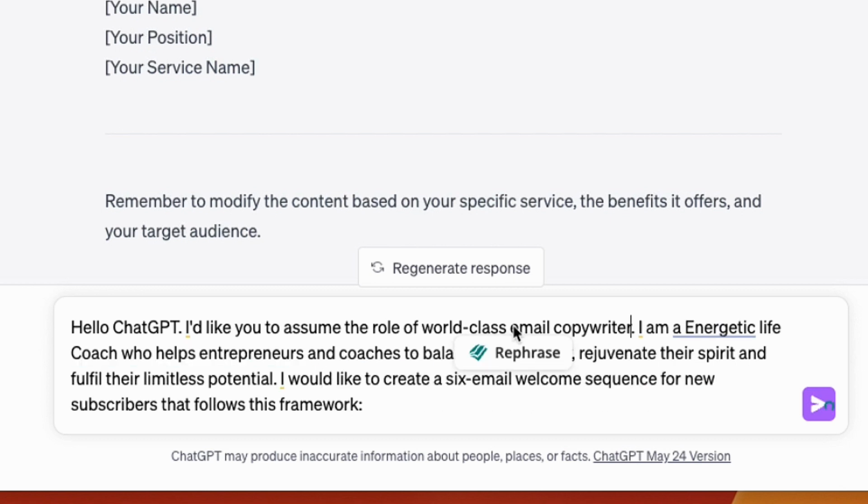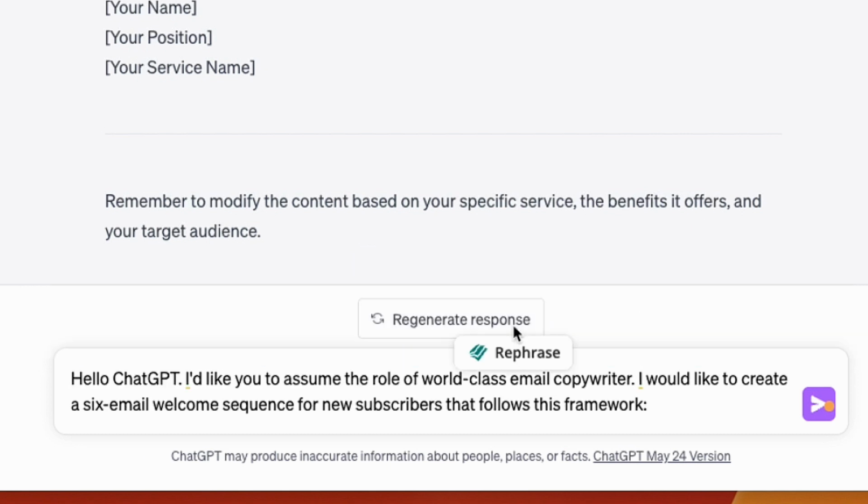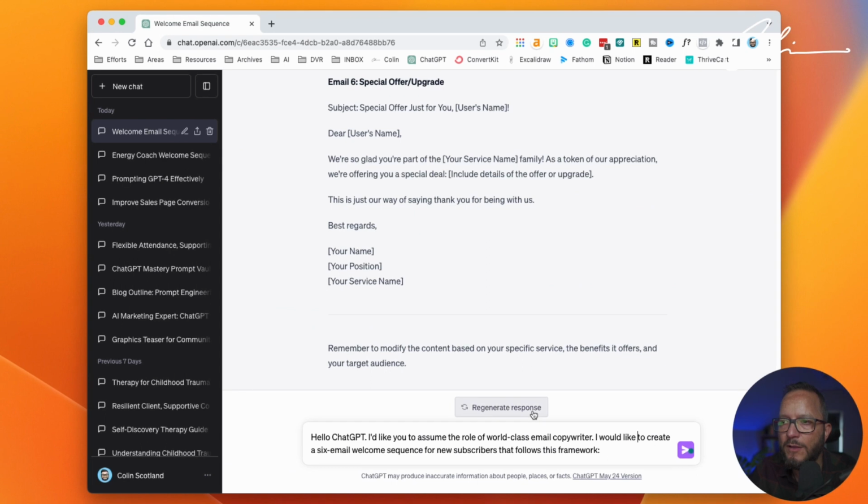These help you to just shift subtly the language that ChatGPT uses. So I'm going to take that out and I'm going to tell it not to follow a framework. A 6 email welcome sequence for new subscribers.